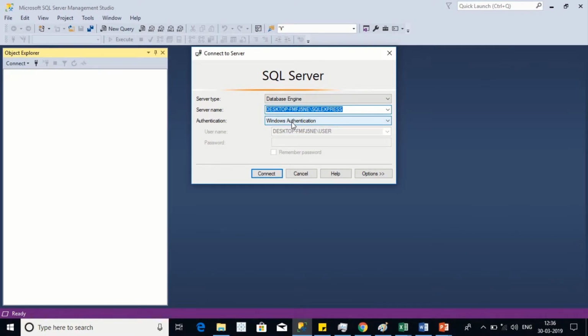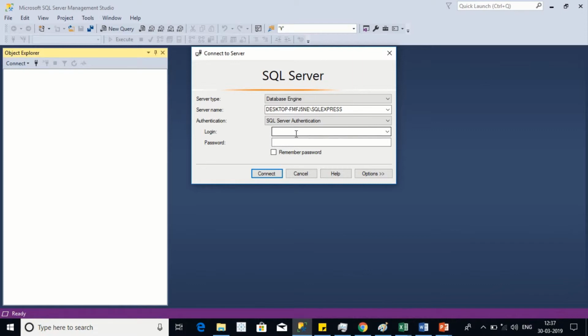Now the authentication. Mostly only Windows authentication and SQL Server authentication are used. What is Windows authentication? You are already logged into the Windows system and you have the authentication key, so you just use it to log into the SQL Server database. But it is possible only when the database is located in the local machine. If the database is in another machine or server, Windows authentication will not work there, and you need SQL Server authentication.